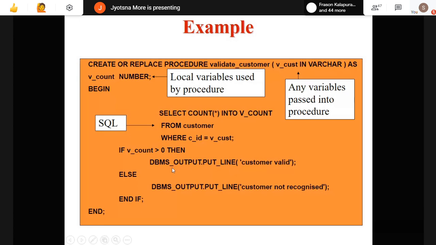So in a database procedure, when you want to print a line, you have to write this statement, DBMS_OUTPUT.PUT_LINE, the complete one. And in between, in brackets, whatever you want to display, that can be anything, okay?